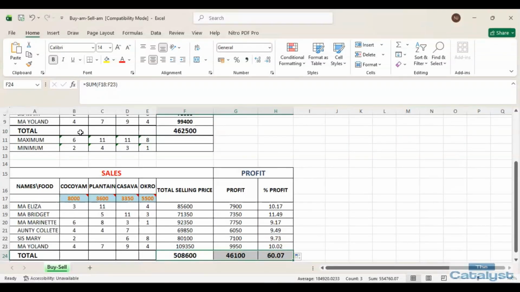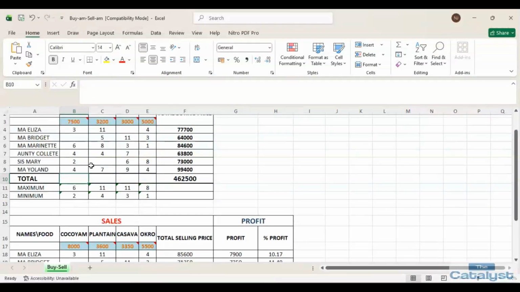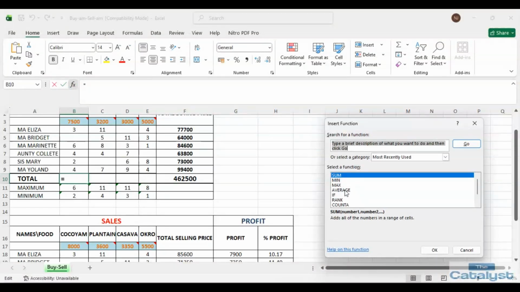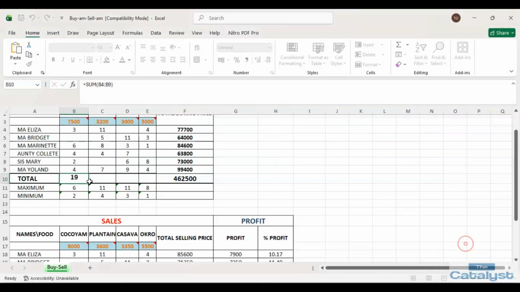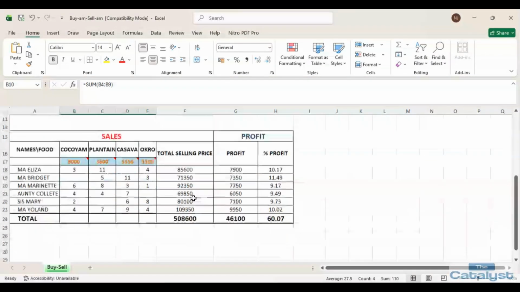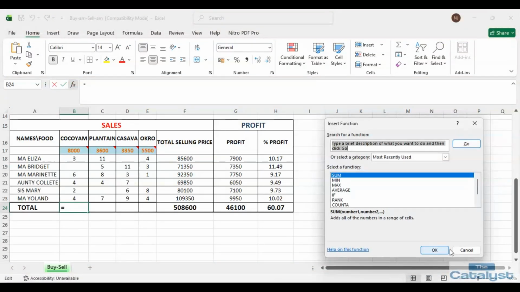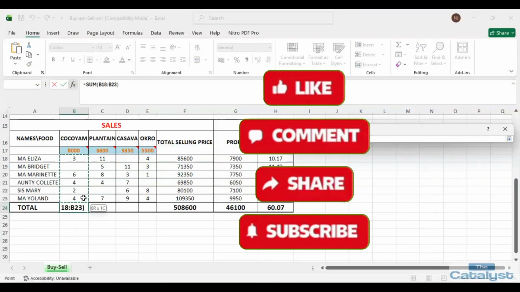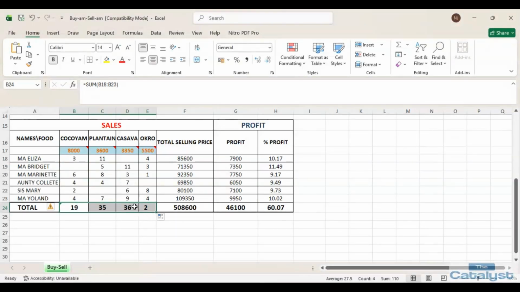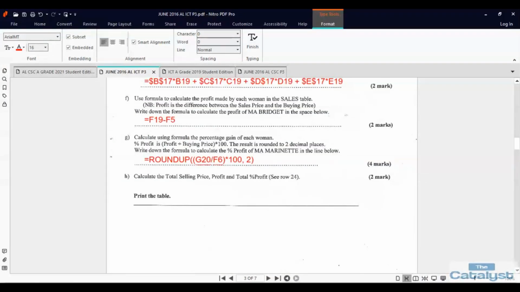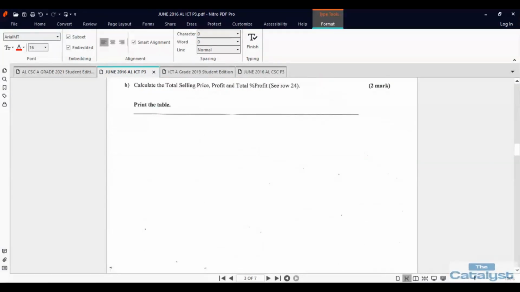I don't know if it was necessary to calculate the totals here. This was the item. Well, let me just do it because it looks like the cell is empty, whereas it was supposed to have some values. So, okay, I'll do same here. Sum. Voila. So we are done. We're done with this. Let's move to